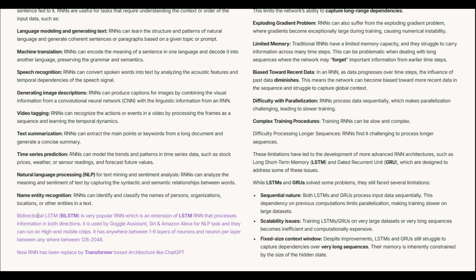Bidirectional LSTM, or BiLSTM, is a very popular RNN, which is an extension of LSTM RNN that processes information in both directions. It is used by Google Assistant, Siri, and Amazon Alexa for NLP tasks, and they can run on high-end mobile chips. It has anywhere between 1 to 6 layers of neurons and neurons per layer anywhere between 128 to 2048. Now, RNN has been replaced by transformer-based architecture like ChatGPT,